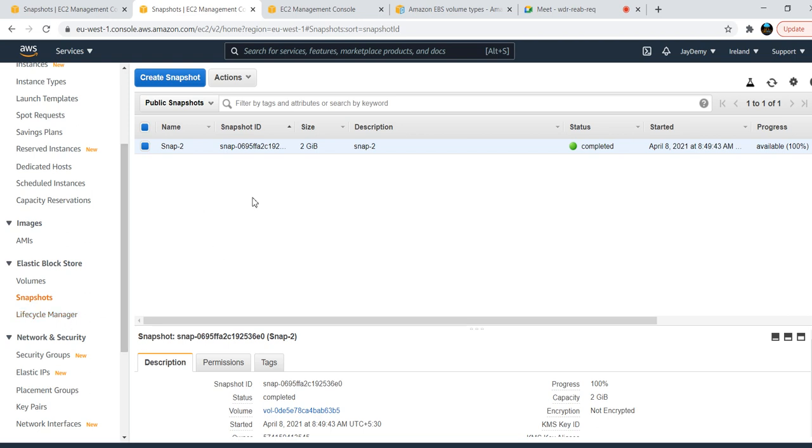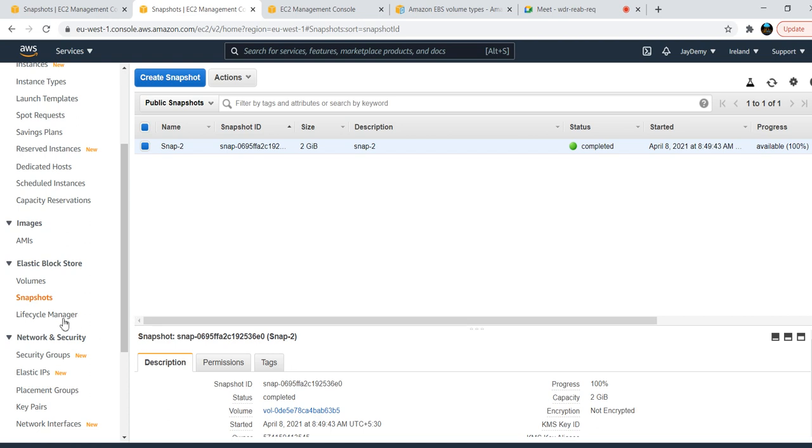Assume you are having only two EBS volumes, then you can take them manually. But if you have 100 EBS volumes and want to take snapshots every day at 8 p.m. or 10 p.m. for your 200 EBS volumes, taking each volume manually takes a minimum of 10 seconds to create. For 200 volumes that means 2000 seconds, approximately 20 minutes, and it's not at the same time.